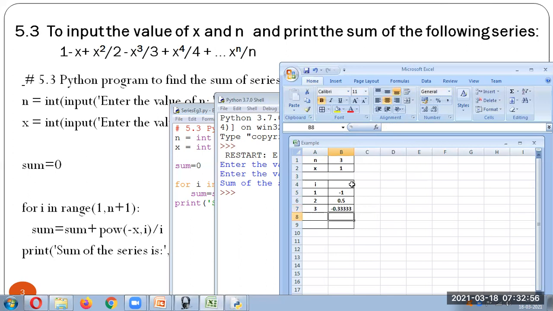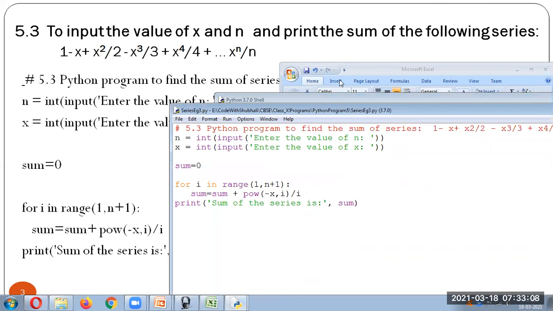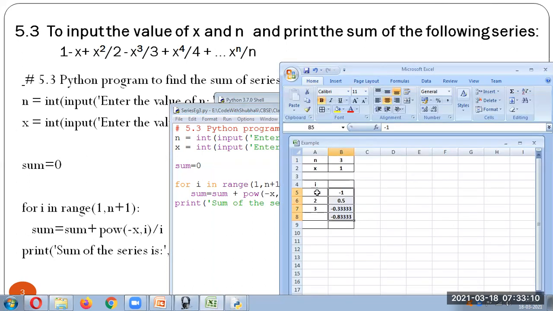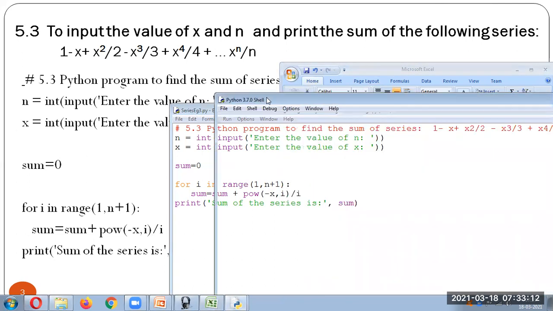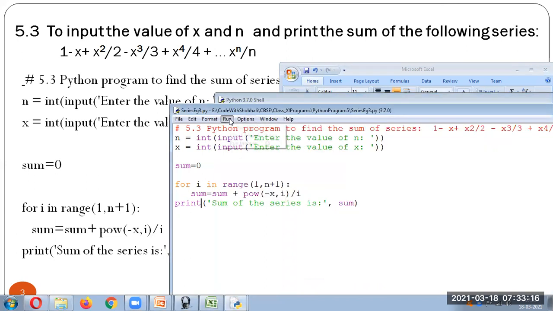So if you try to take the sum over here, we should get the same answer, which we are getting over here. So it is correct. Now we'll try to change the values. Okay, so let us run this again.